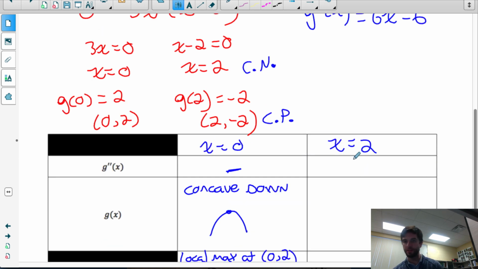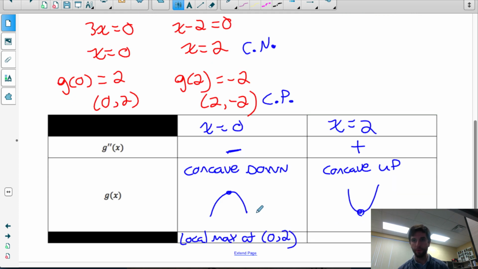6, which is positive, which tells me the original function is concave up, which means it looks like this, which means the point (2, -2) is a min. So (2, -2), local min. Okay, so that's how you use the second derivative test to classify a critical point as either a local max or a min. You just check the second derivative to see if the original function is concave up or down